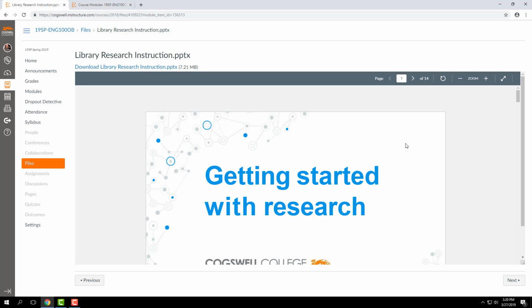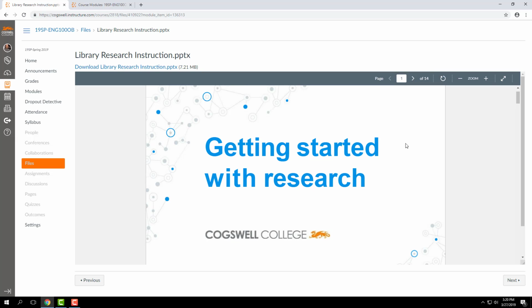You can't open it in PowerPoint, but if you do, then the embedded links in it won't work. So, I'm going to go over this, and I'm going to give you a multitude of ways for doing research for the final paper. The final paper is going to require you to have at least 5 reliable sources. So this is going to help you figure out what some of those are, and it may also make your argument for your paper easier to figure out. Doing research and figuring out what your argument is often go hand in hand. Okay, so